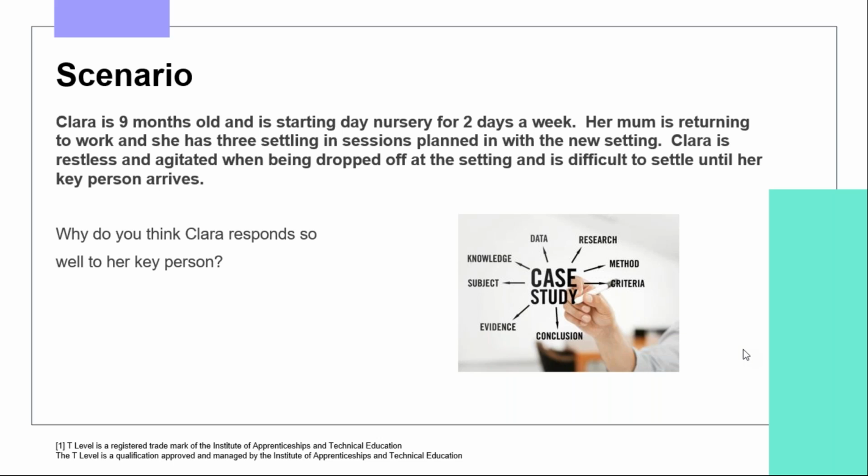Usually in settings, there maybe wouldn't be a theory that would be related, because all of the theories will sort of cover the same sort of areas, and we'll talk about that as we go through. But in terms of who the key person is going to be, we will have a look at the early years foundation stage and what that says about key person. But a lot of settings will adopt an approach of seeing who the child settles with best. So there's a few different ways that settings will look at who the key person is going to be. If they go for an approach where they leave it for a couple of days to see who that child bonds with best, you know, and sometimes it can be really